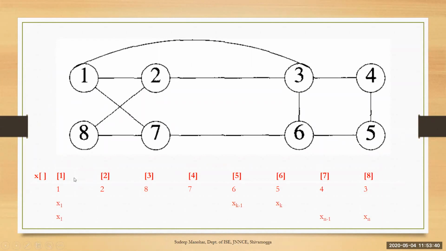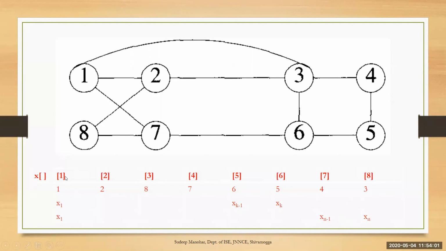What is x1? It is 1. So from 3 to 1 there is an edge. If all these conditions are satisfied, then we can tell that a Hamiltonian cycle exists. Hope you understood this theoretical part. Based on this itself, the algorithm is written. So in short, I will tell.